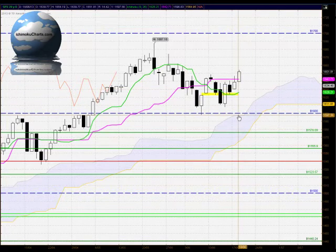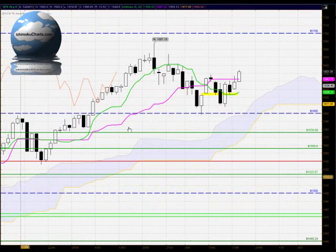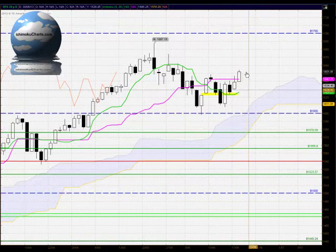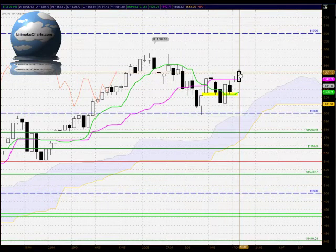Now, in terms of Ichimoku, a bullish market in all three timeframes once again, and we have the market trading up above the clouds, so we're maintaining, following that bullish breakout that we saw quite some time ago, maintaining that bullishness in that long-term time frame. The market now has broken out up above the Kijun-sen in a bullish manner, a bullish close up above there,